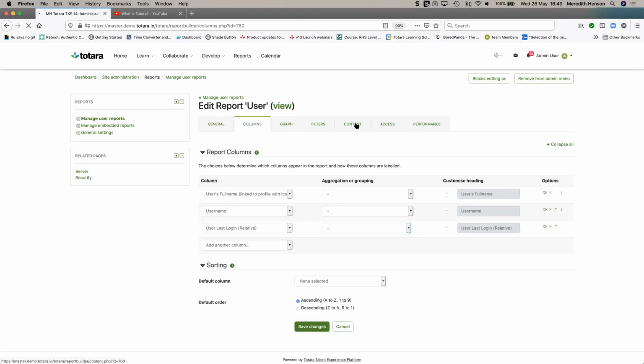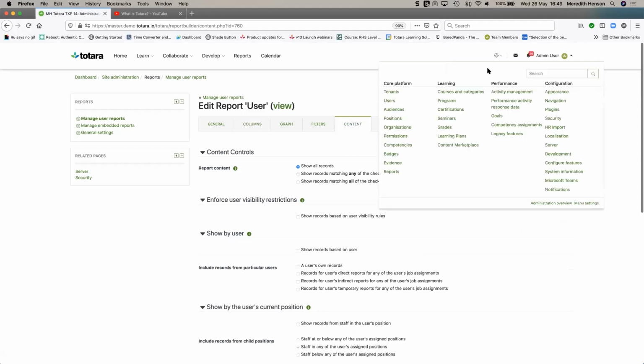Now, one of the nicest things across the reporting tool is that you can use some functionality, and I've talked about positions and organizations a fair bit. What you can do is create these frameworks or hierarchies and build a picture of your organization into the Totara application. And you can do that manually, you can do that by bulk upload via CSV, or you can actually connect through an inbuilt HR system API and automatically add and update and even delete these positional frameworks and organizational frameworks to show all the different roles that you have across your organization, as well as all the different departments or teams or organizations that you might have.